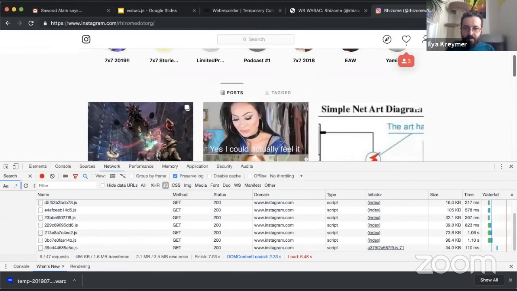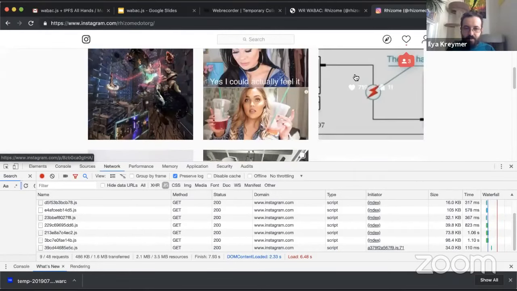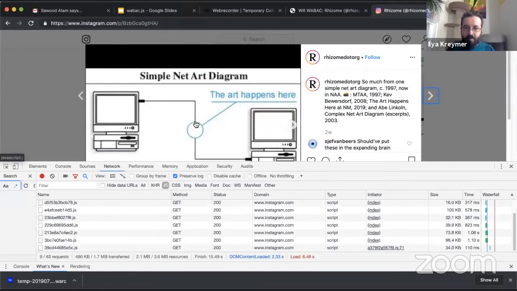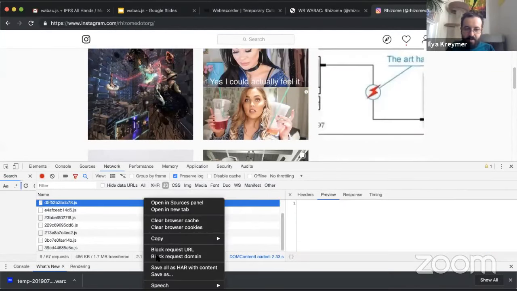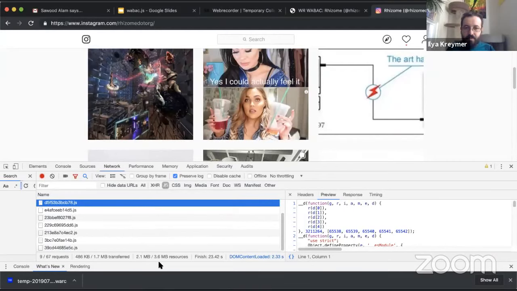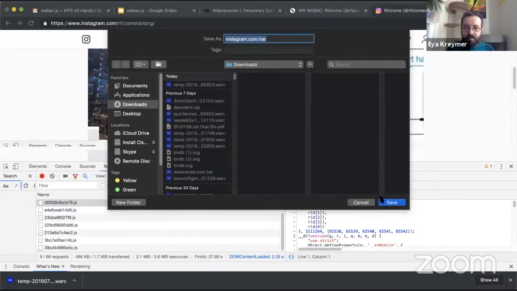Let's say I click on the same image and I play this, and then what I can do, and the problem with this is that it's not very user friendly, is I can right click and do save all as HAR content, and I can save this HAR file,